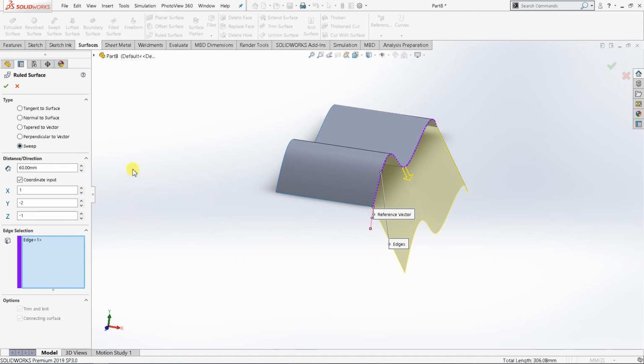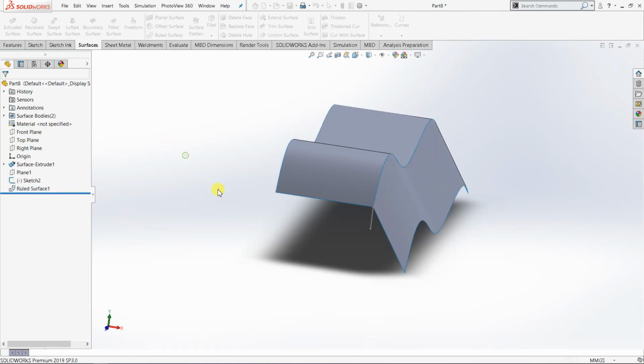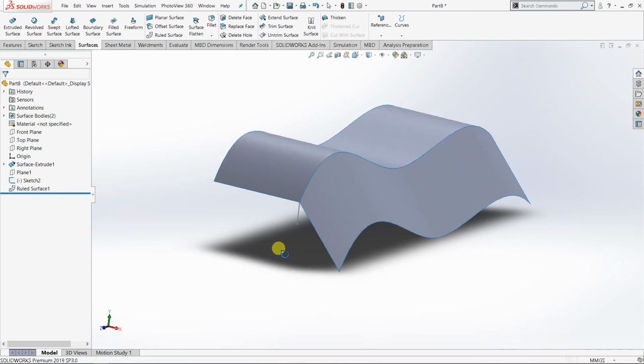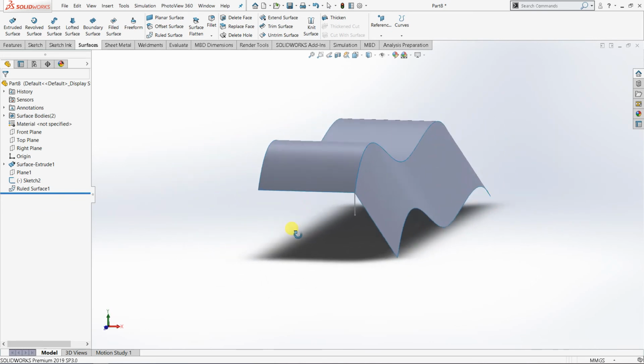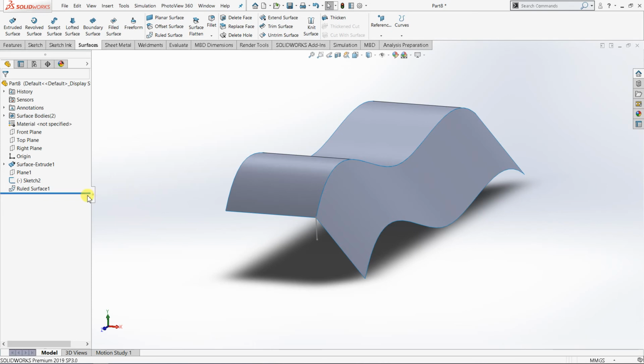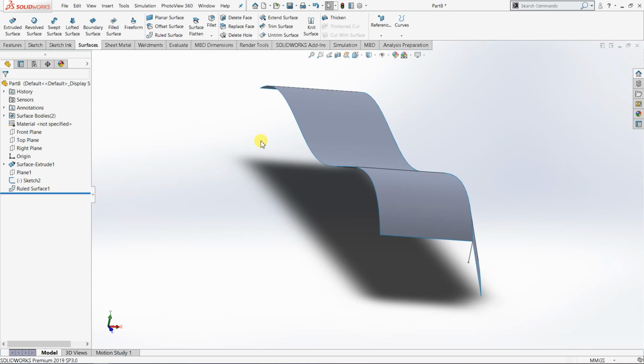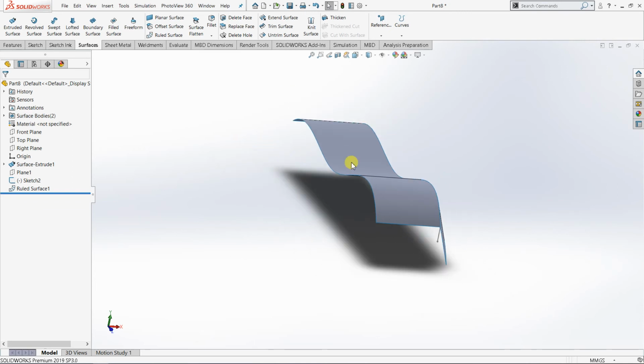Alright, then let's click OK, and it will look like this. Okay guys, so hopefully you understand all about this rule surface, and how you are going to apply this particular rule surface in a 3D surface in order to create a certain part or a certain component